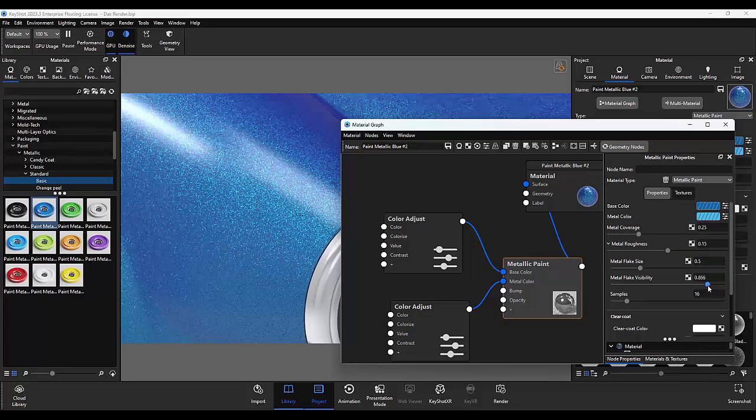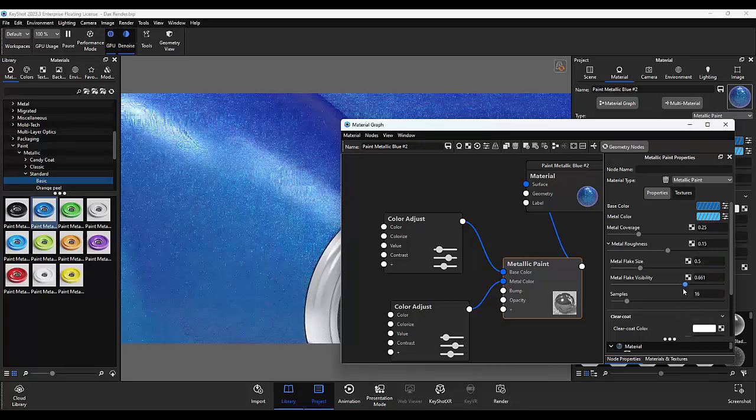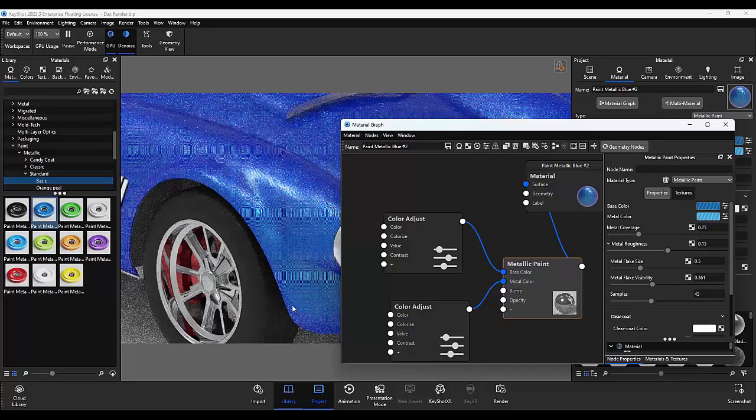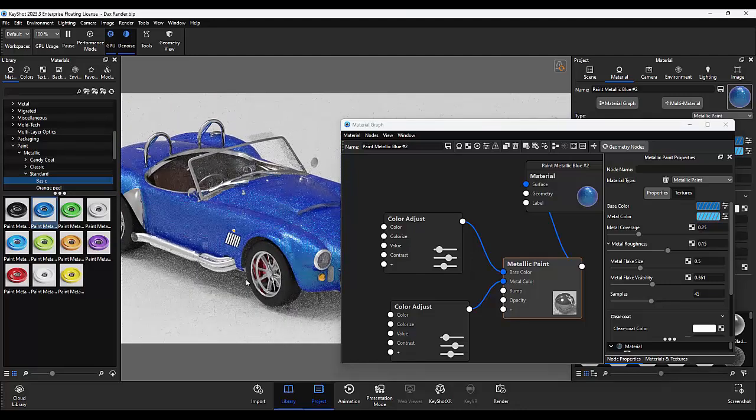But from here I can go ahead and change the flake visibility, so I can make them a little bit more visible or slightly less visible. And actually I'm going to reduce this down a little bit more, until I'm happy with that. So with this you can really adjust the parameters of the material that you want until you get the exact result that you need. So if I zoom out now, just to see how that looks,